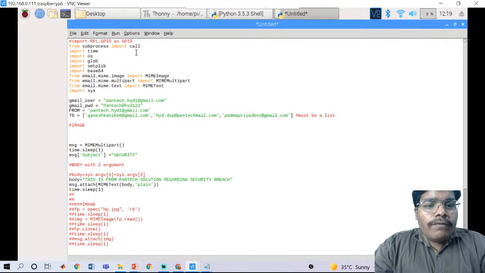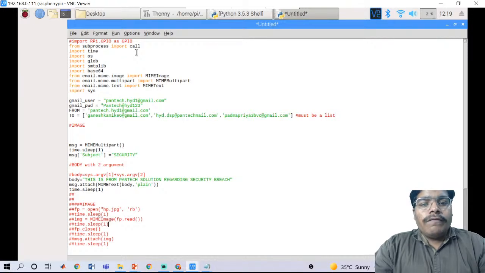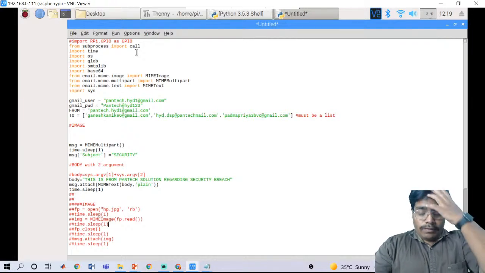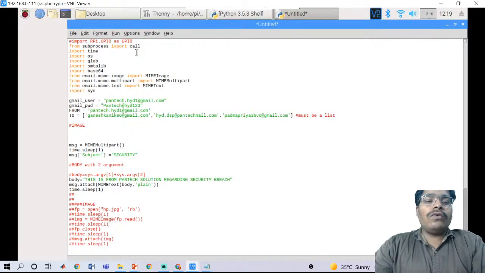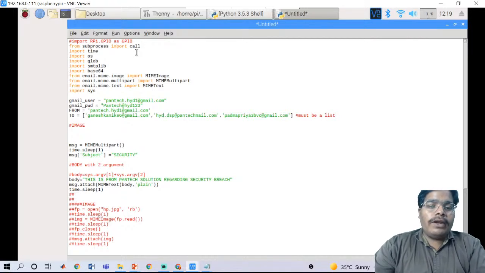Here we are going to use the subprocess module because we are going to open the mail ID and get into the composition, and in the composition we need to insert the from address and to address, all these things, right? As this is a process, we are going to use the subprocess module, and next we are going to import time, as this is dependent on time. Next we are going to use the OS and glob libraries, and the SMTP library also. Hence we are going to do this